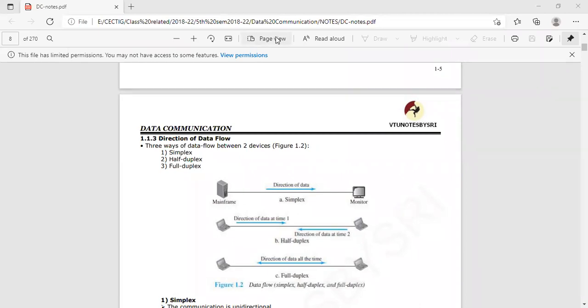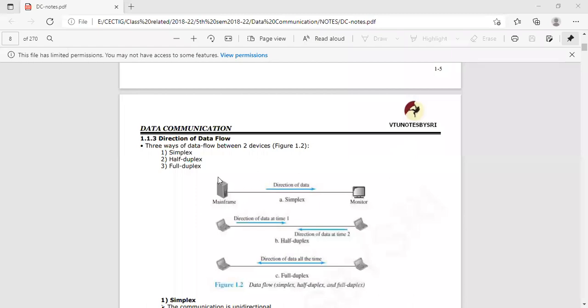So yes, half duplex means walkie-talkie. When device 1 is sending some data, till that time no one can respond, and after completion of the data, then device 2 can respond. But in full duplex, like a mobile phone, we can talk at the same time. I am talking, and you can also talk. So the exchange of information can happen at the same time between two devices. So this is the example of simple half duplex and full duplex mode.